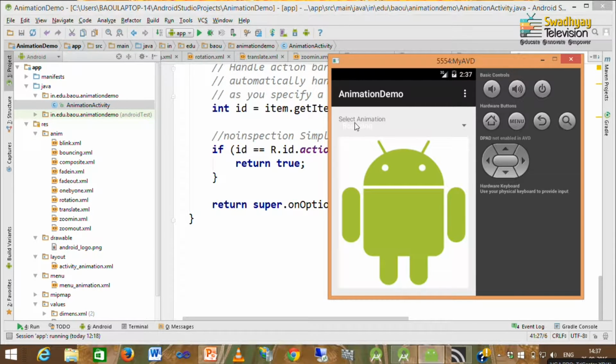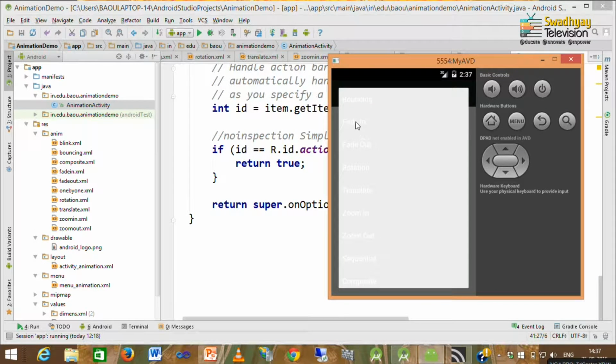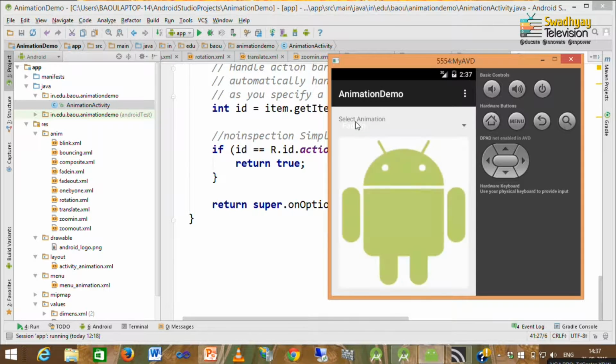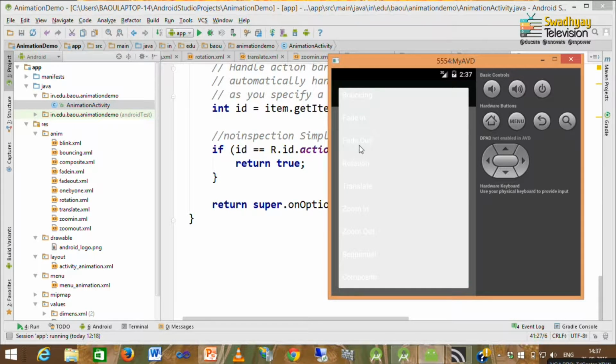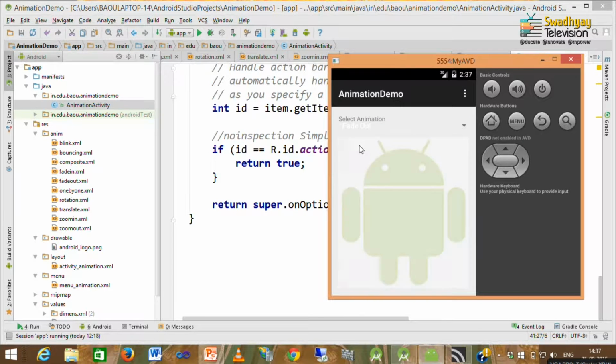This is how bouncing effect looks like. Then fade in. You will see alpha changes from 0 to 1. Then fade out. Here the case is reverse, alpha is changed from 1 to 0.